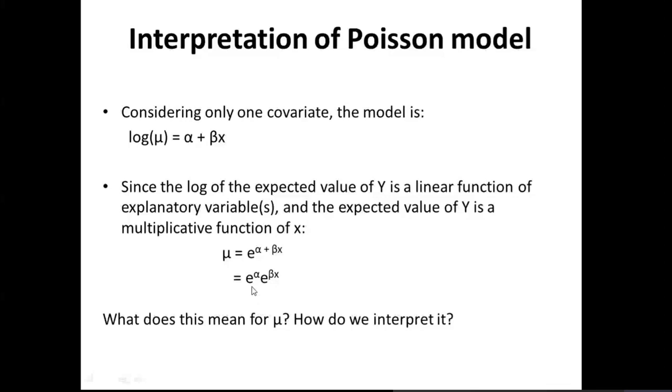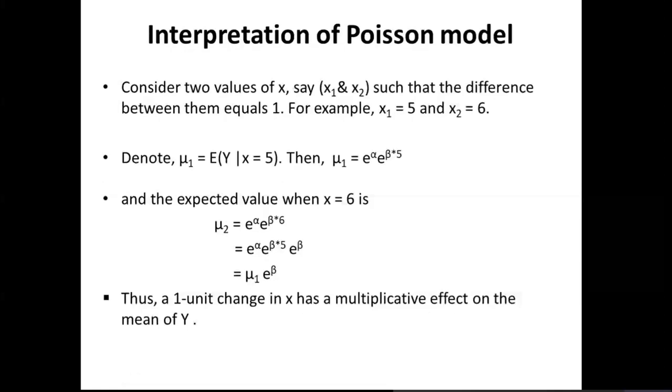Just for your information, this means that when x increases by one unit, the average increases by a factor of e to the power of beta. Let's look at it. Okay, consider two values x and